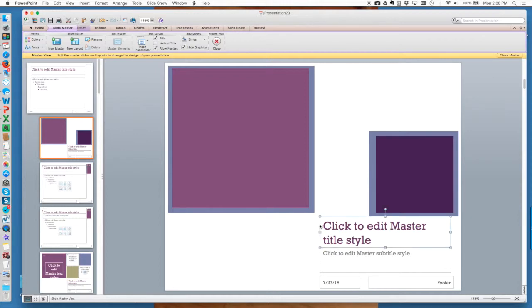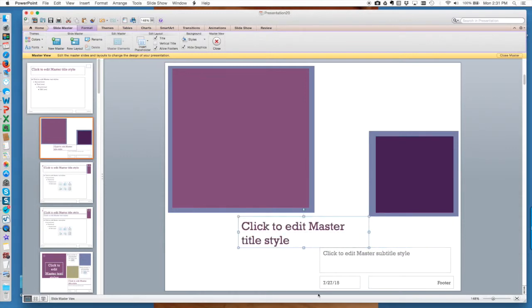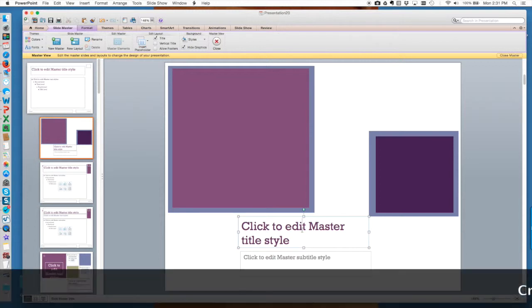Now I don't really like this here and right here, so I'm going to move this into the middle. Okay, I never use these date things, so I'm just going to get rid of these. Again, I'm getting ready to make this into my thumbnail picture. Okay, and I want things to be centered, so I just clicked on this box,